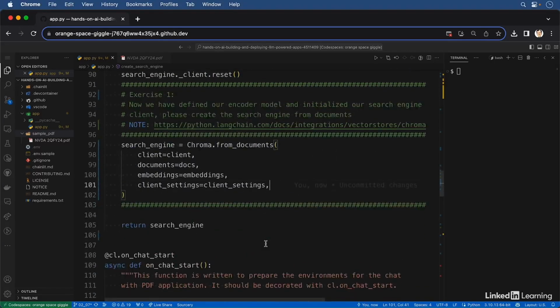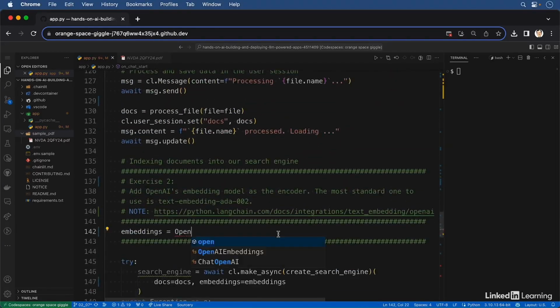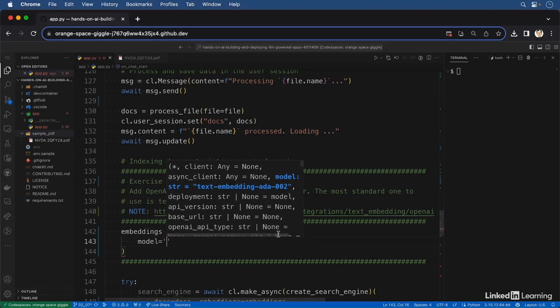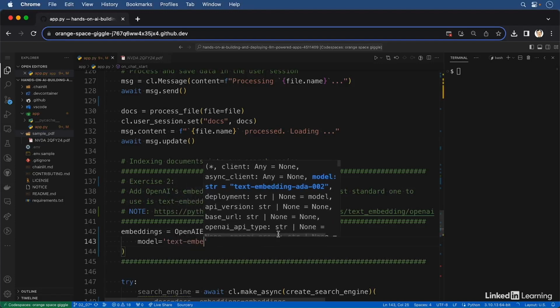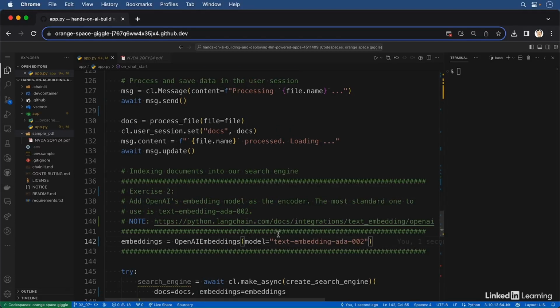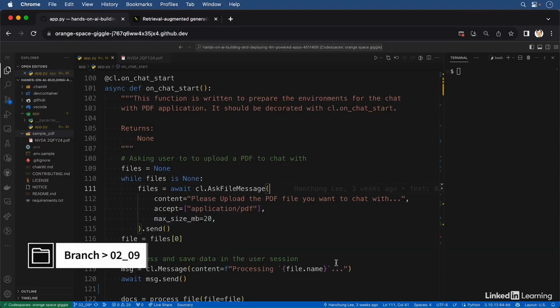Then we will define our embedding model here using OpenAI embeddings. We will use model equals to text-embedding-ada-002. That's it. Now our function to ingest document into our search engine is done. We have both the document processing pipeline and the search engine indexing pipeline ready. Next step, we will tie everything together and integrate everything into our Chainlit application so users can finally ask questions,